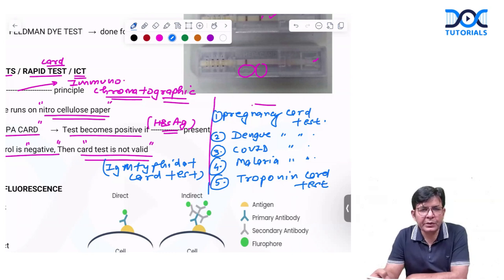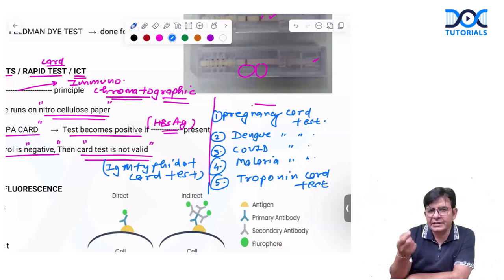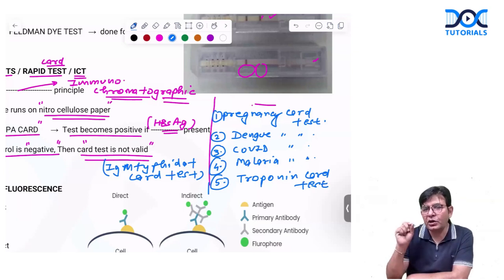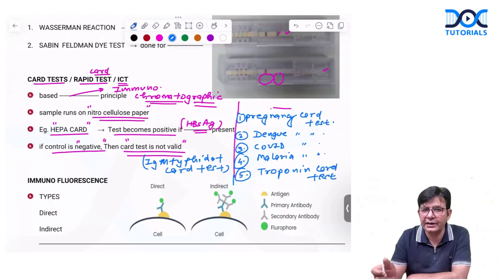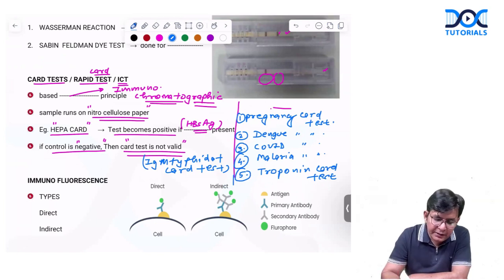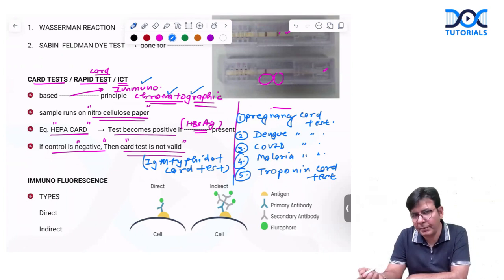Okay, and they are routinely being used in our labs also. And you should know the basic principle that control should always be positive. If control is not coming positive, then your results are not valid. Okay. And that is simple. Immuno means antigen antibody. Chromato means color. Graphy means paper. Okay. So if you write this much also in your exam, then basically